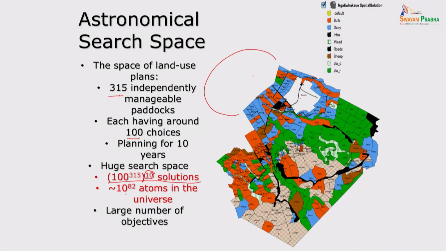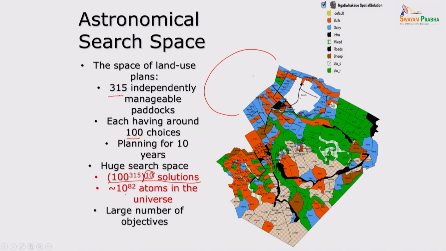There are about 14 different objectives. Some of them are related to productivity, like how much saw log from the trees, how much milk, how much other dairy products like butter they are producing, how much profit they are making. There are several, and then how much loan they are taking, what the interest rate is, and things like that. We could put them into 3 classes: productivity, environmental effects, and the cost.